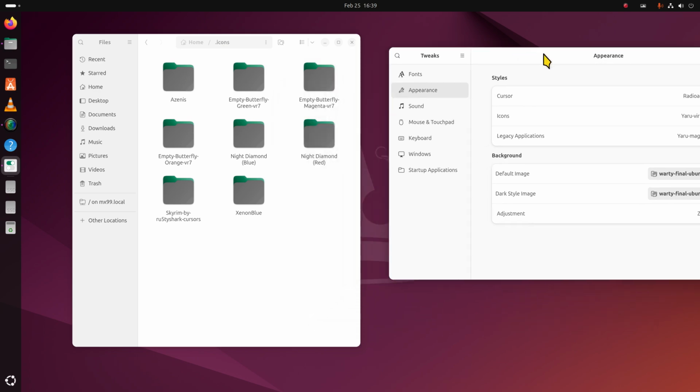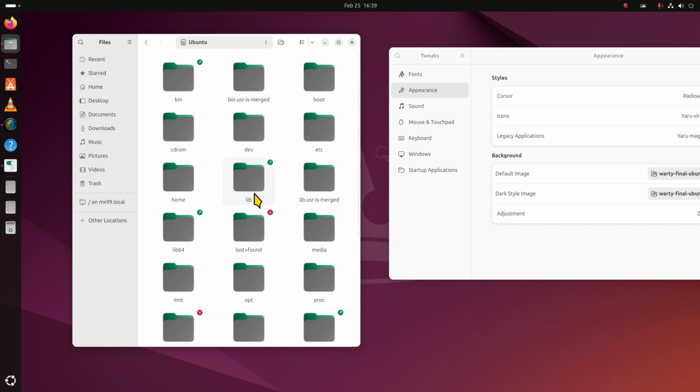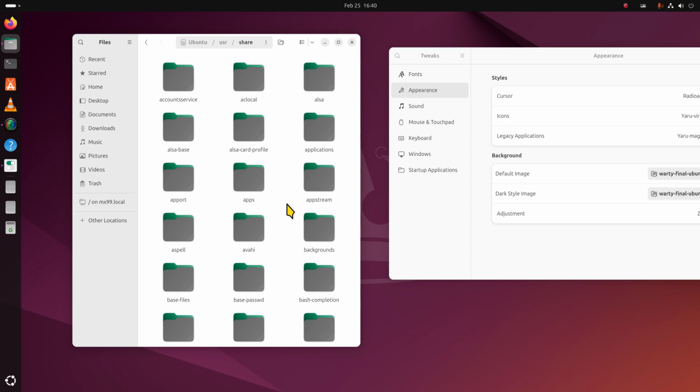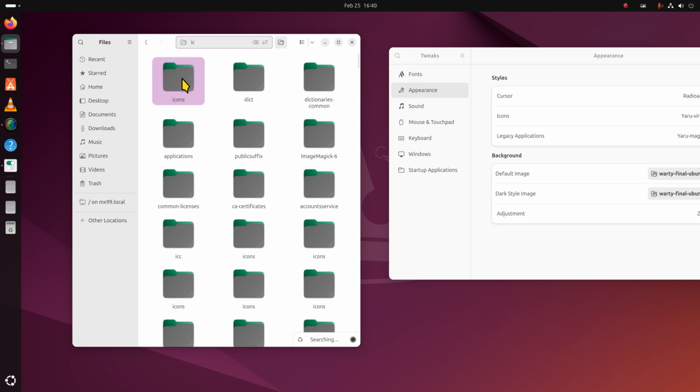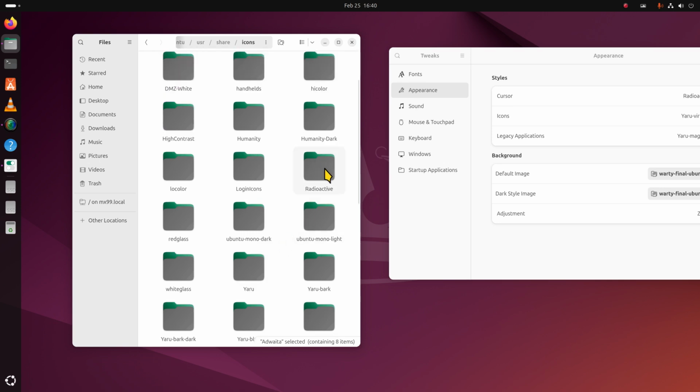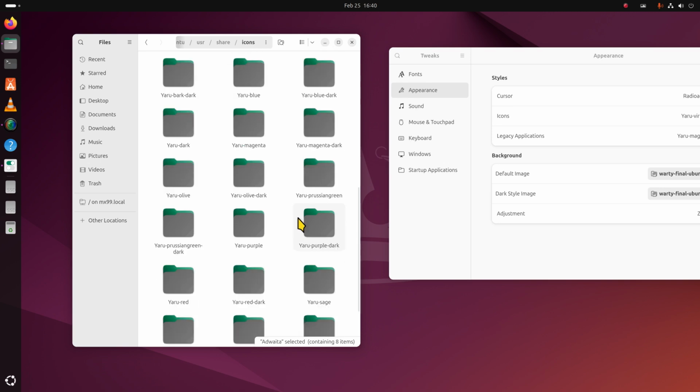Keep in mind that what you see here on the screen right here is installed for this user only, not everyone. What everyone else gets is when it's in here. I'm just going to find the icons folder. So whatever is in here that is a mouse cursor, they will get. DMZ black is one of them. The white is another one. And radioactive, I installed that. You're not going to find that on yours. Red glass you will find, and so is white glass and Yaru. I think that's pretty much it. There was one more in here